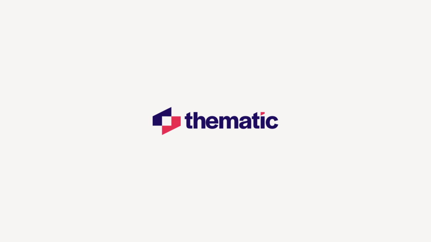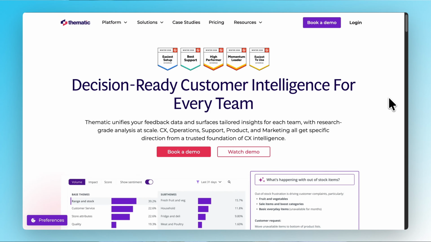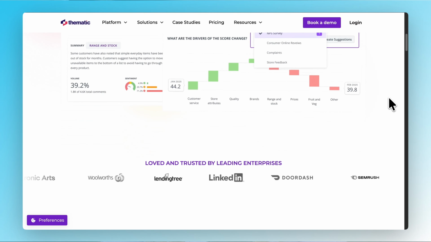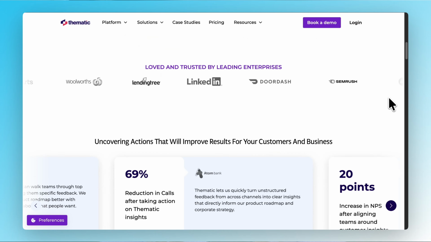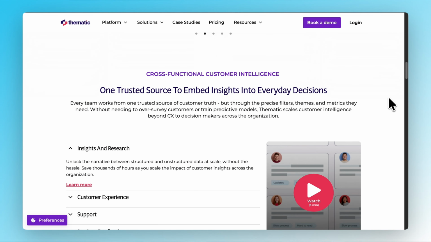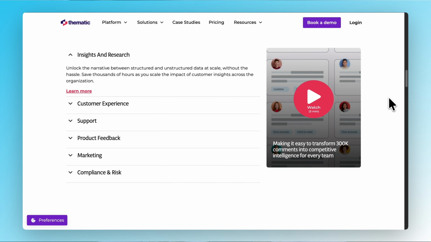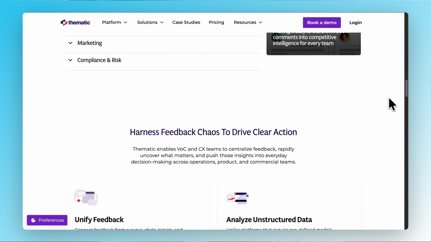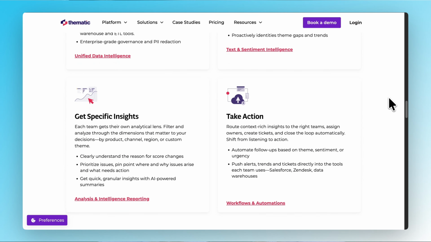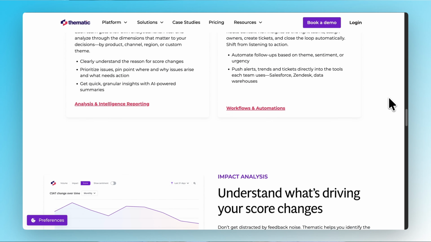scale. Second, Thematic. If your biggest challenge is making sense of massive volumes of open text feedback, Thematic is one of the most specialized AI text analysis tools you can use in 2026. Thematic is built almost entirely around theme and sentiment detection. It doesn't try to be a full survey platform or a workflow tool. Instead, it focuses on doing one thing extremely well, helping CS and Insights teams understand what customers are really talking